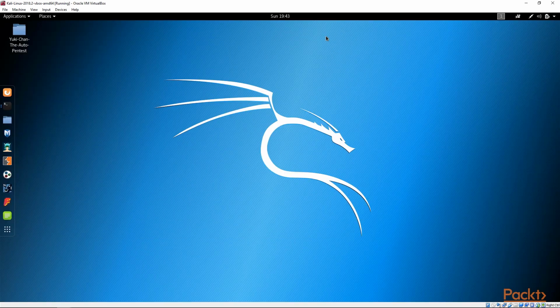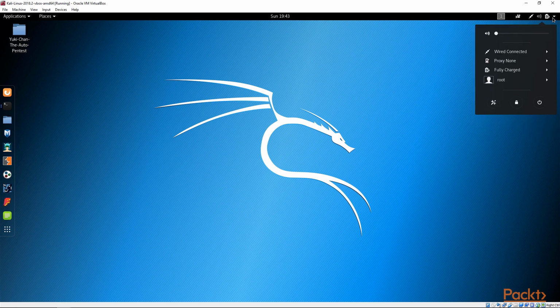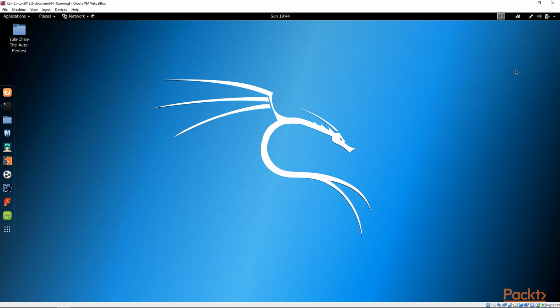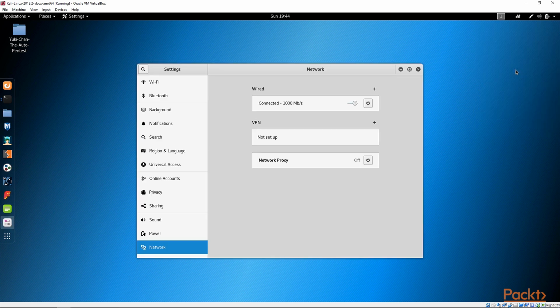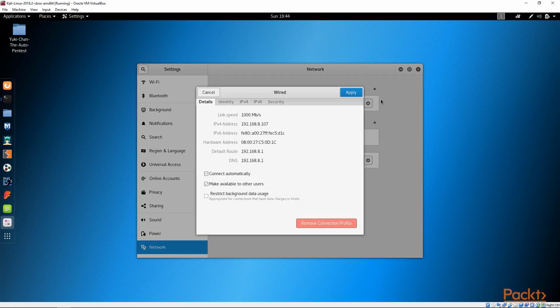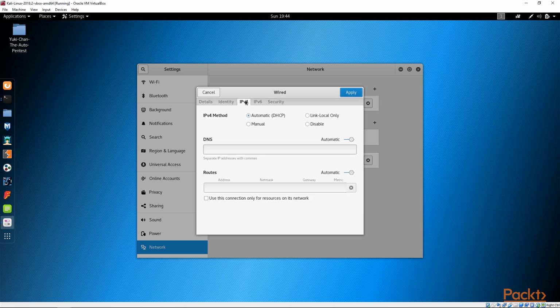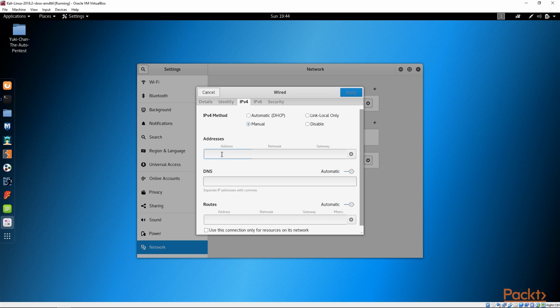Now, if you want to change the IP address and give it something because you might not have a router or you don't have DHCP installed or whatever the case may be, on your right-hand side, you're going to see a little drop down. From there, you're going to go to wired connection again. This is now if you have a NAT setup configured. You're going to click on the little gear over there. And from here, you're just going to go to IPv4. You're going to say manual. And over there, you're going to add the IP address. So for example,